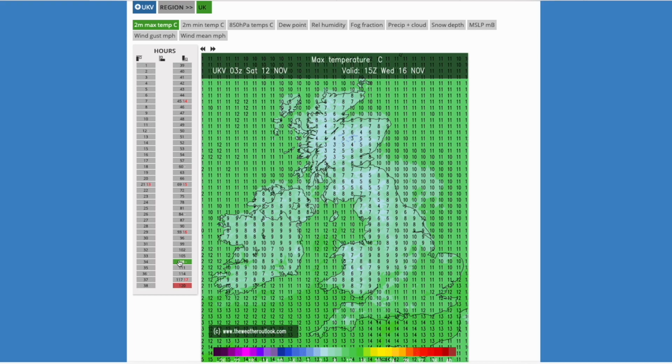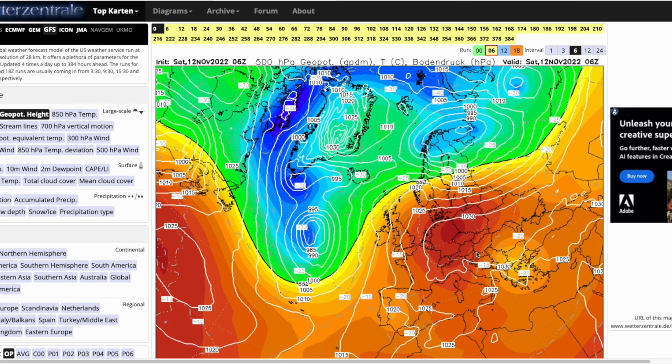We are so mild at the moment. But of course, we'll have a look at the longer range in a minute, and you'll be able to see the potential for something even colder towards the end of the month and start of December is continuing to show. Now, if you go over to the GFS and see what that is showing over the next couple of weeks